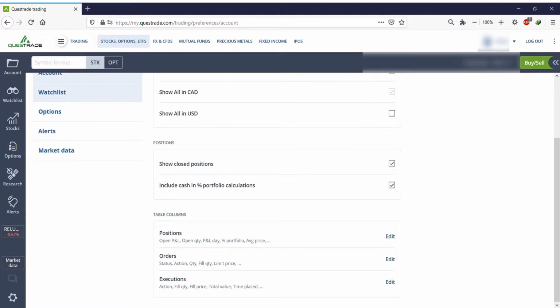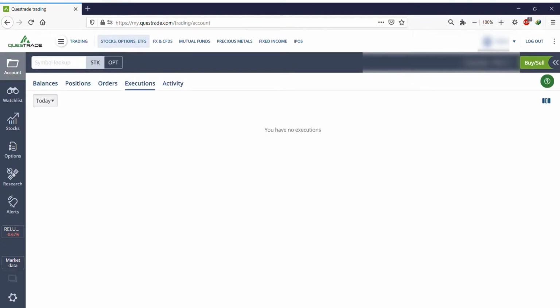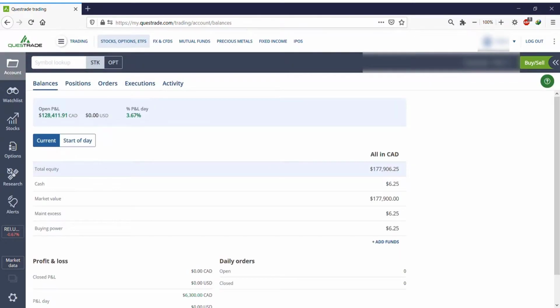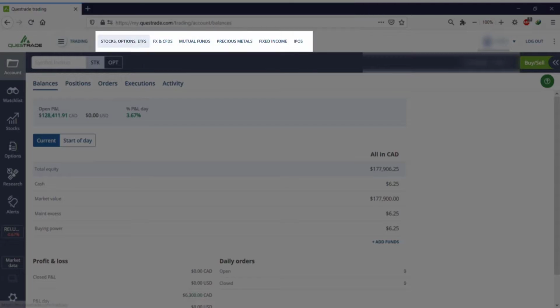We're not gonna, so let's go to the account. So there are two ways. Before that, let's click on this. If you see the top options that it gives you: stocks, options, ETFs. The first thing is stocks, options, and ETFs. So I don't really care about the mutual funds, FX, fixed income, whatever, but about the IPOs, if you